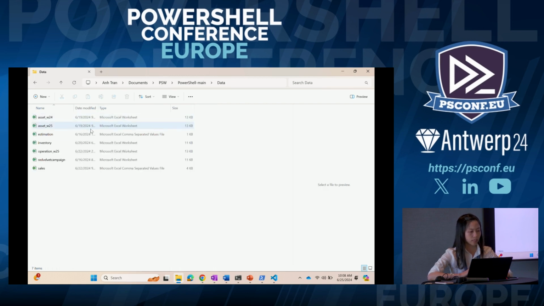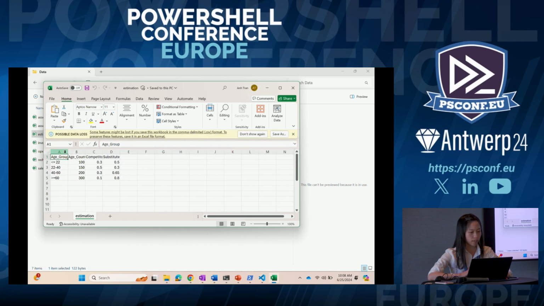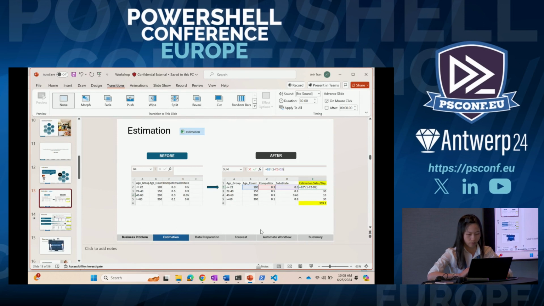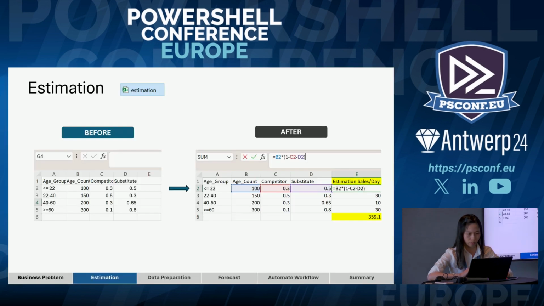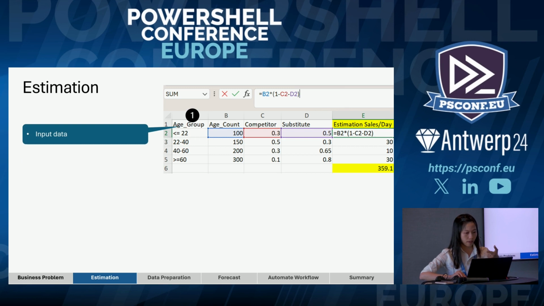So here the data input is the estimation file. Like I showed before, if you open it, it will have A group, A count, competitor or competition, and substitutes factor. Now, the end result that we want is that, if we compare before and after, we will see that we will break down all the tasks that PowerShell needs to do. First, we need to import the input data, for example, those 4 columns and those 4